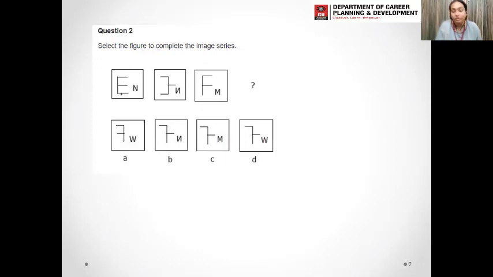So we have this question, we have E and then N. In its next figure, N is rotated. That means we have the mirror image of N, plus this line is as it is, but the remaining lines are rotated. That means we have the mirror image of this line. So we'll do the same thing. M's mirror image is the same M. So we have only one option, which is C.